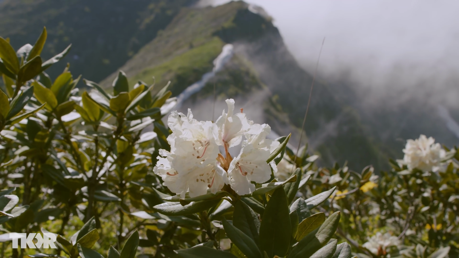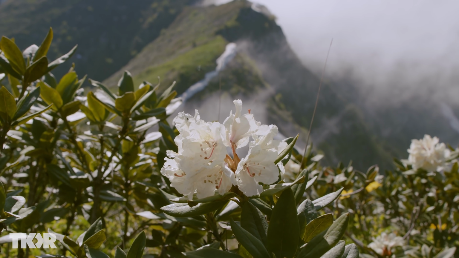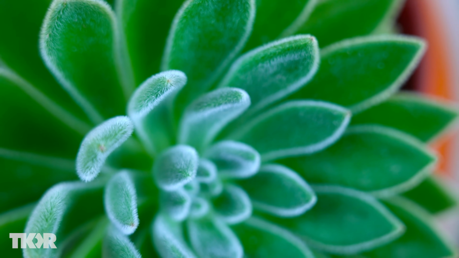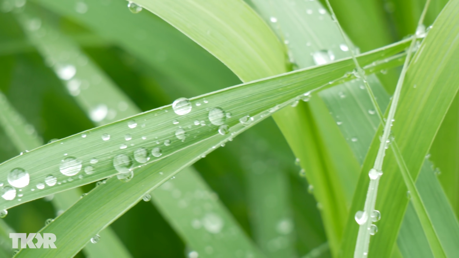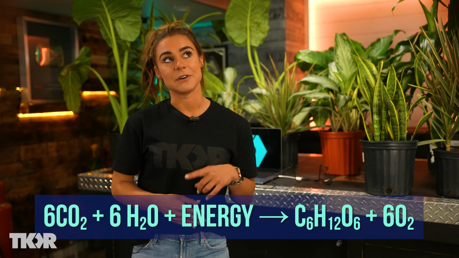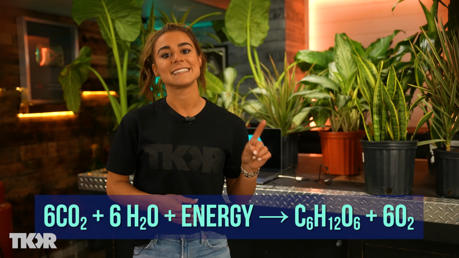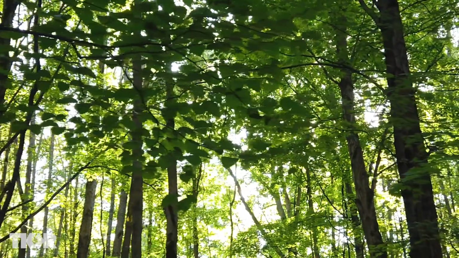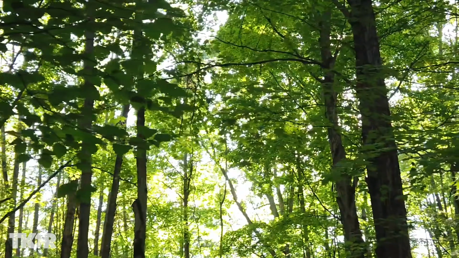When it comes to oxygen production and the removal of CO2, we really put emphasis on plants and their oxygen production. Plants remove CO2 and produce oxygen through photosynthesis. I mean, we all know the equation: 6 CO2 plus 6 H2O plus energy yields C6H12O6 plus 6 O2. In normal human terms, that's carbon dioxide plus water plus energy from light produces glucose and